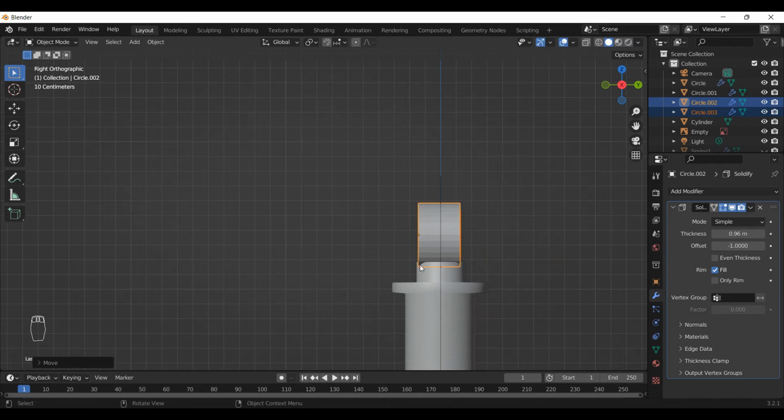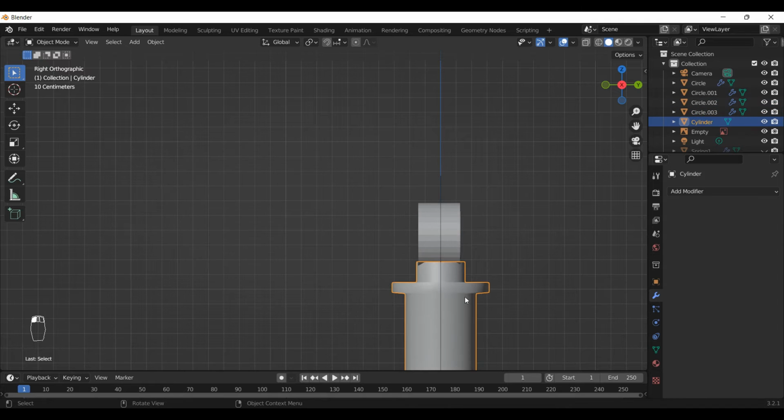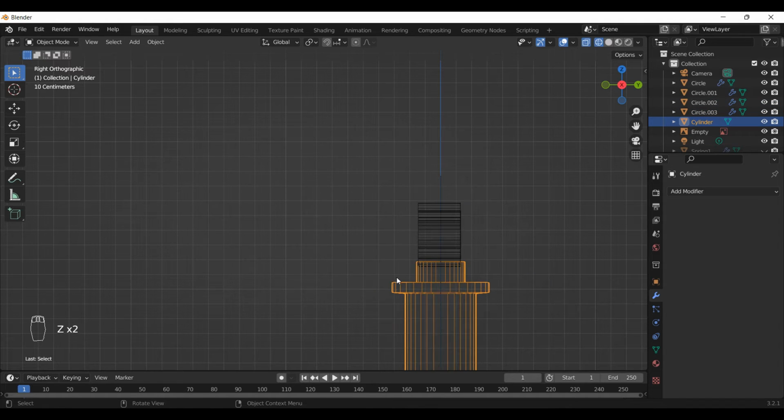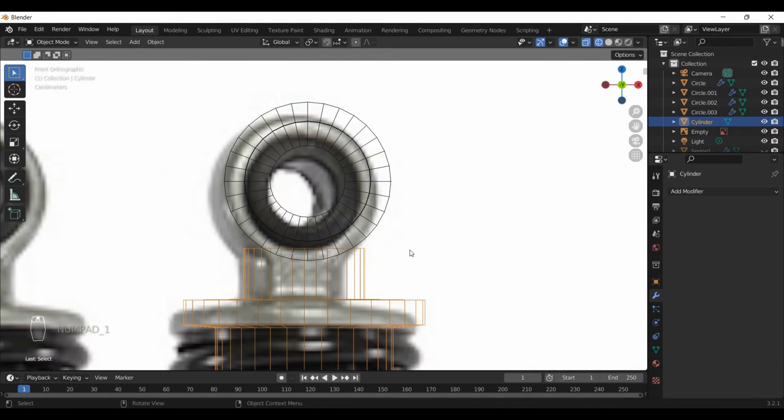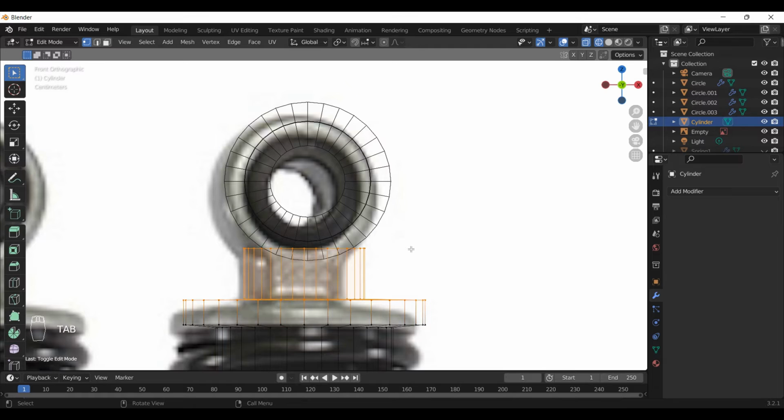I think we need to reduce, not this one, sorry, this lower one. If we go to front view and Z, it seems like no, sorry,